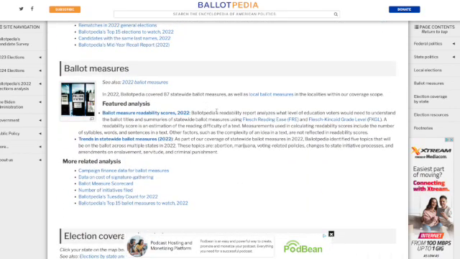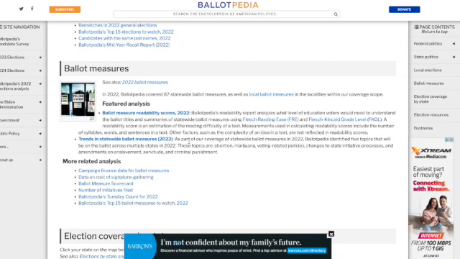And one thing I wanted to note about their ballot measure section is that they give a readability score. And that's kind of important because sometimes these states try to be really sneaky and word the questions that you'd be voting on funny, to trick voters into voting one way by asking it in a way that makes them think, oh, yeah, that's how I want it, not realizing that you should really vote no based on the way the question is asked.